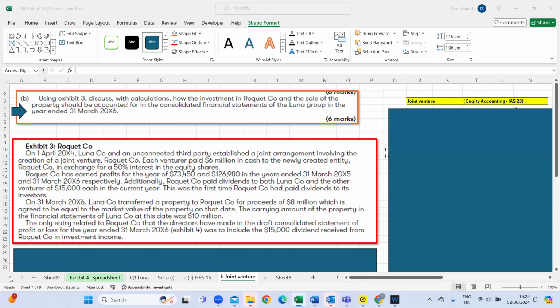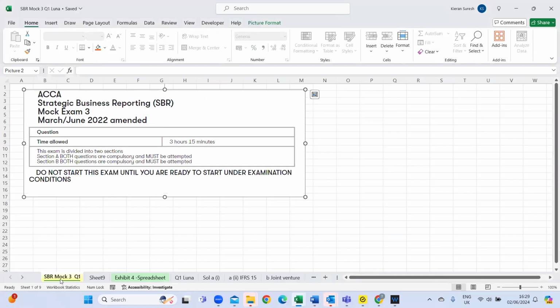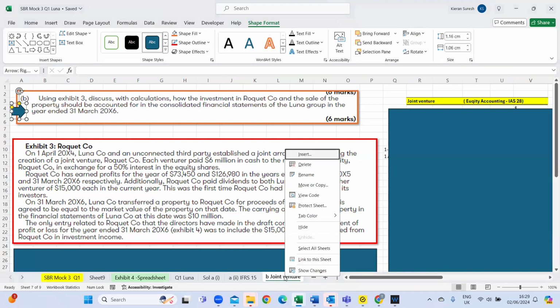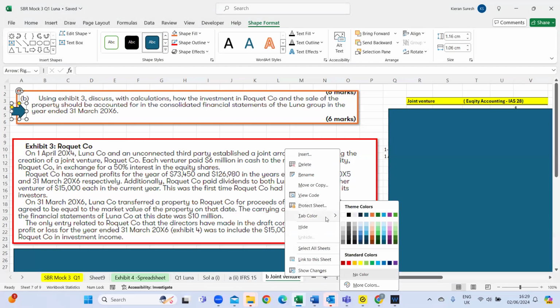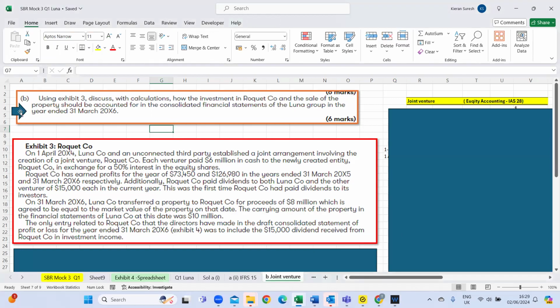Right, now let's focus on the next part of the question. We are doing mock 3, question 1, and we are on joint venture. So let's focus on joint venture, which is question B. We've been asked to use Exhibit 3,